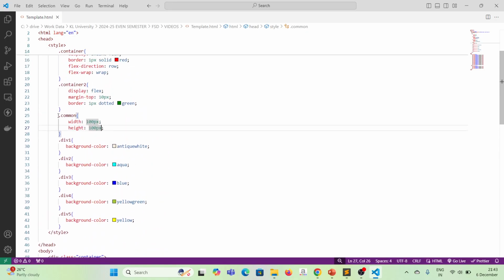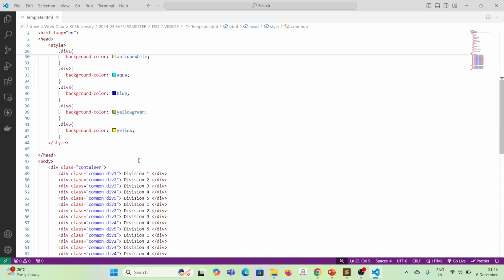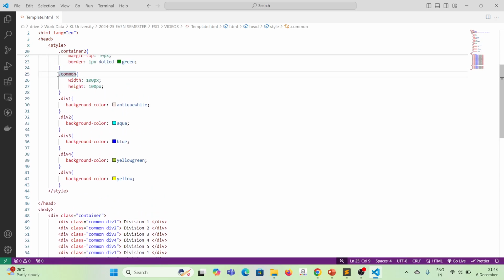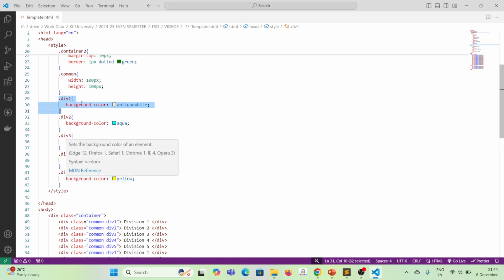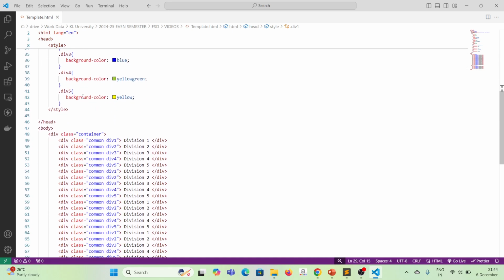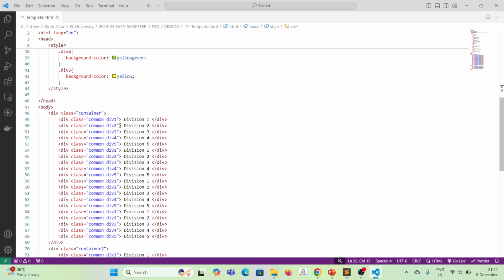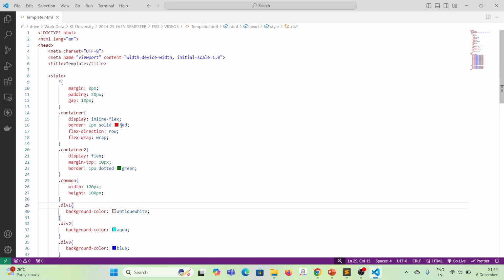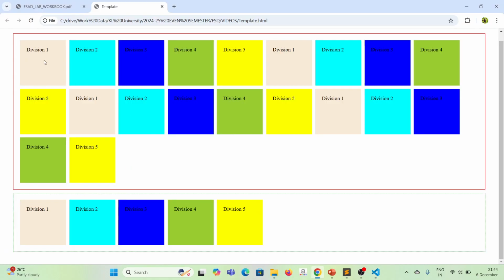Now, how many class styles are applied in each division? One is common and another one is the individual division class, div 1 or div 2, etc. to div 5. So two class styles are applied in each division. Okay, did you understand this? Block display, inline block, flex display, inline flex, applying common styles,